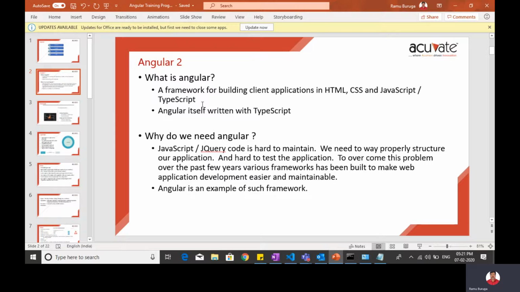And also, do you guys know how to create unit test cases? Those who come from a .NET background might know unit test cases.